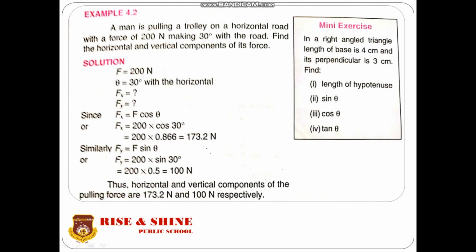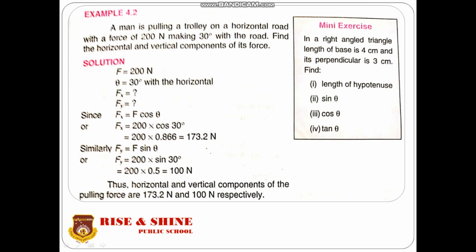Here is a mini exercise in a right angle triangle. The length of the base is 4 cm and its perpendicular is 3 cm. Find the length of the hypotenuse. So students, to find the length of the hypotenuse we use the formula: hypotenuse square is equal to base square plus perpendicular square. Here base and perpendicular are given, you find it, and at last take the square root to find the